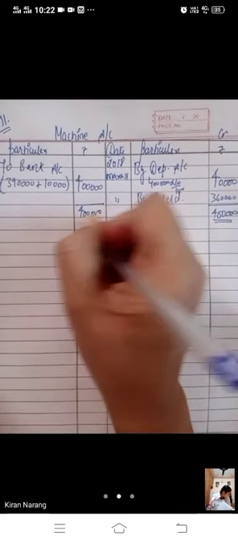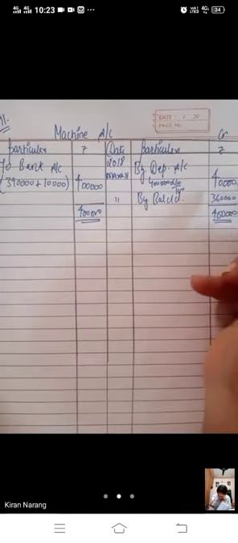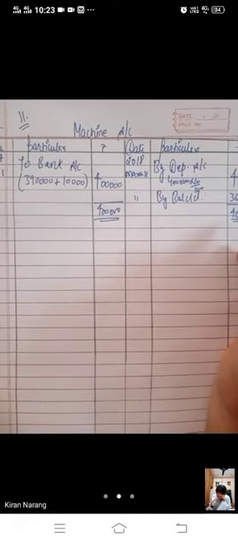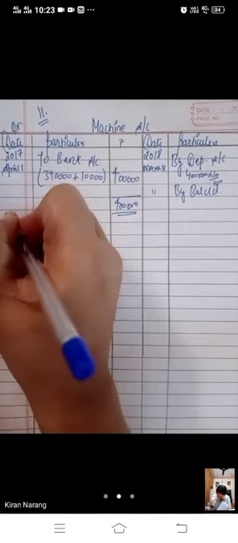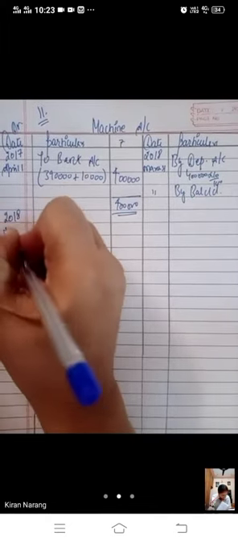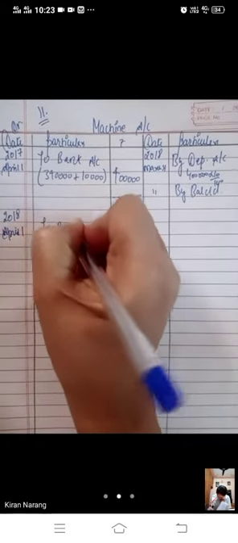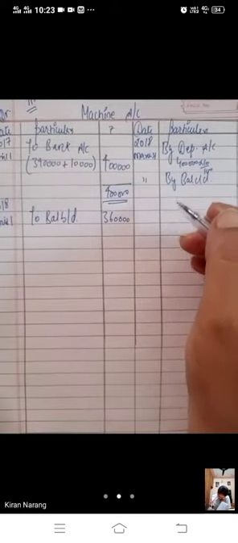First year, bache, we have calculated 10% of 4 lakh. 10% of 4 lakh will be 40,000, and 4 lakh minus 40,000, the balance CD will be 360. This year will end on 31st March, and next year will start on same year April 1. To balance brought down, we will write now to balance brought down 3,60,000. This is the balance CD which we have brought down, brought down 360.